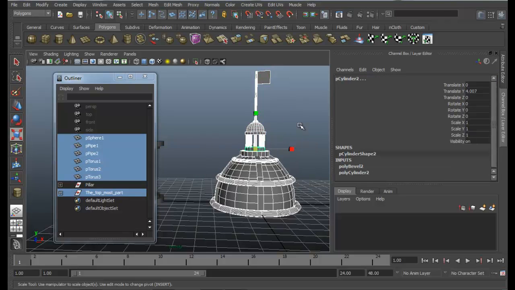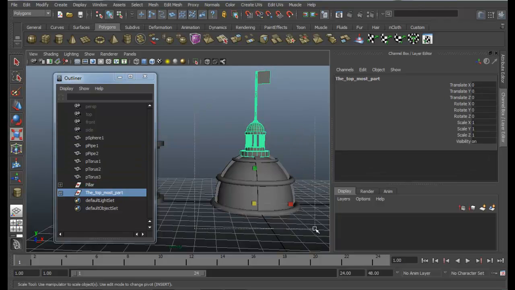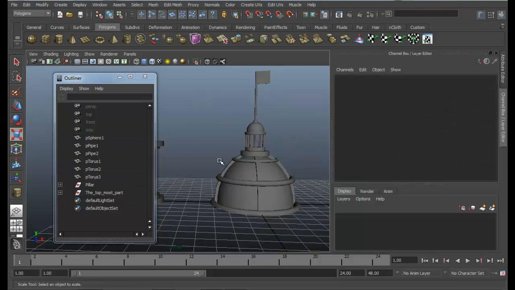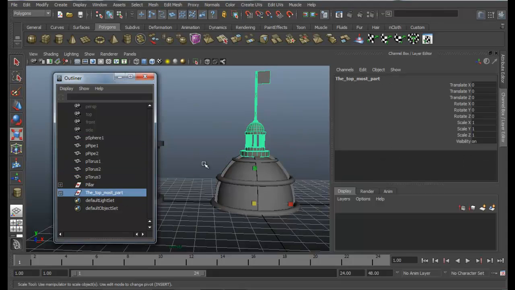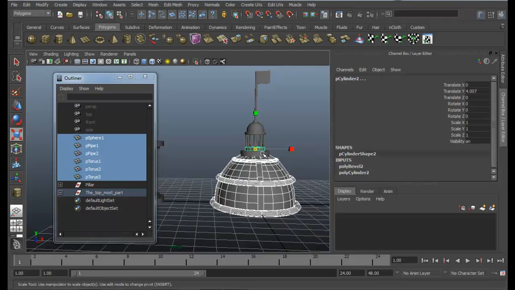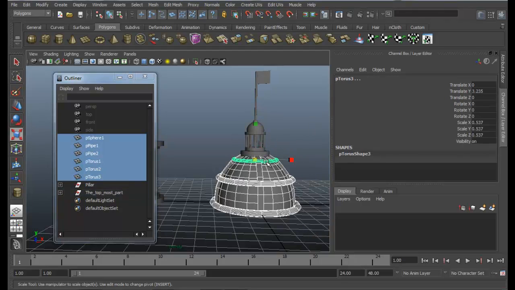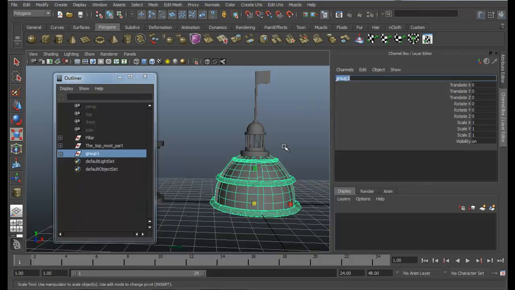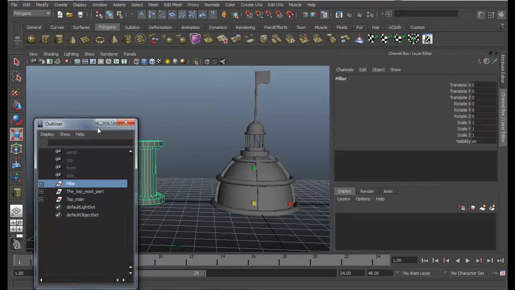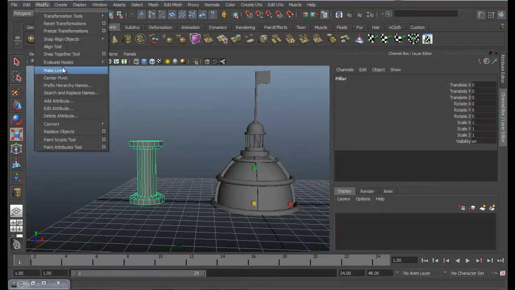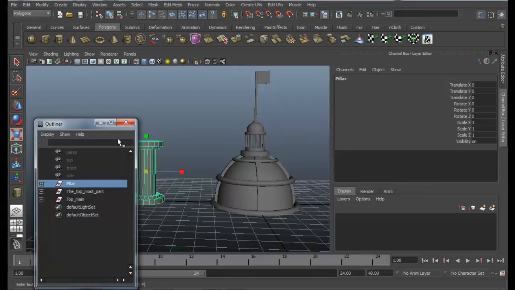Okay, that's good. And then the rest of it, press Ctrl G to group it and rename it, just name it top underscore main. So just be sure to name it that, and you'll know what that object is when you're looking at the outliner.